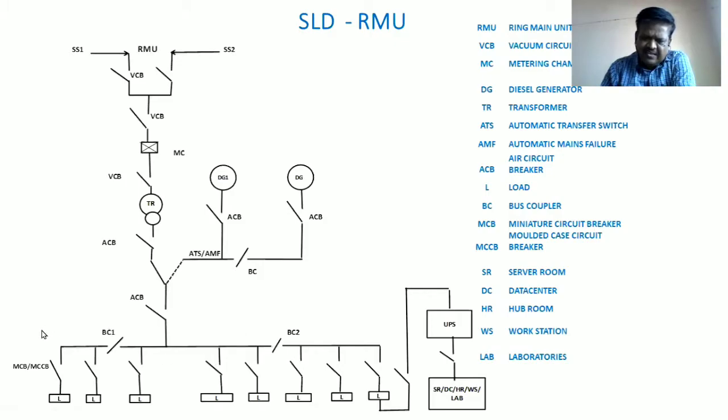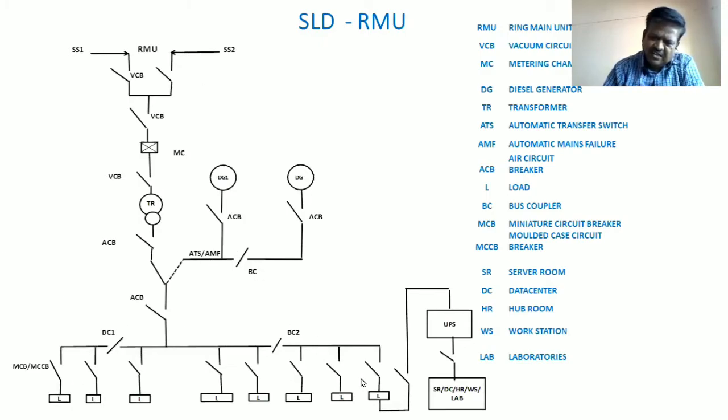And at the secondary side here, in case EB resumes, assume now EB has failed and both DGs are running and taking this entire load. In between, after 10-15 minutes, EB resumes. You will get EB power, so you will come to know here at the panel board, 3 indicators will be there and the voltmeters will be there. By checking this voltmeter and indicator, you will come to know that, what the level of the voltage is and everything. If everything is okay as per the requirement, then we have to do the changeover. You have to change this.